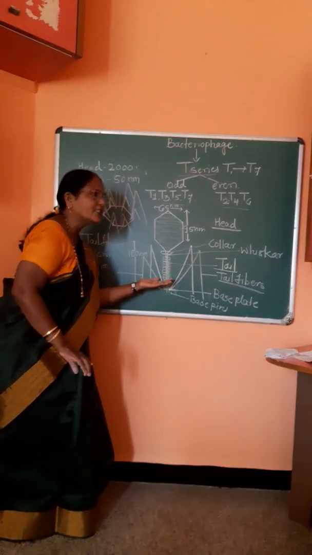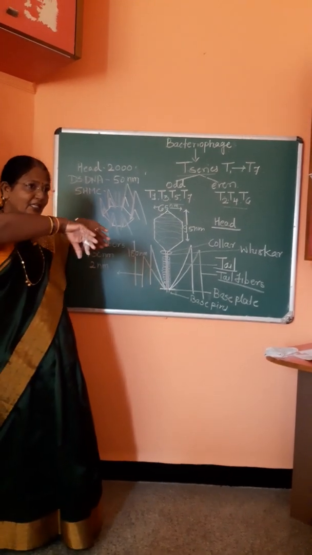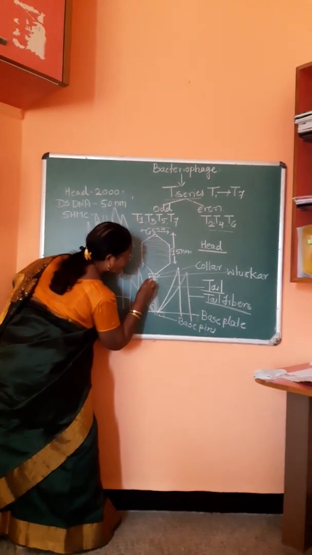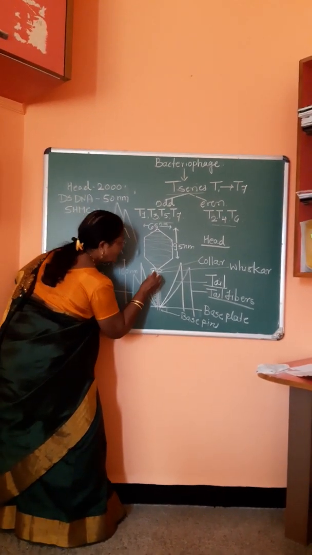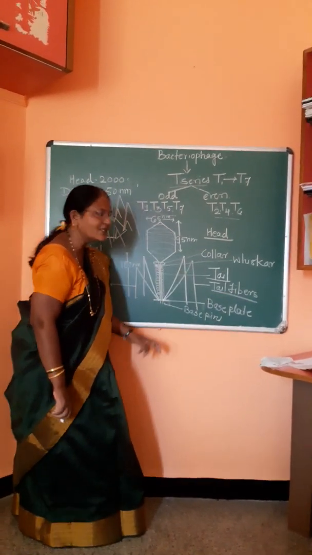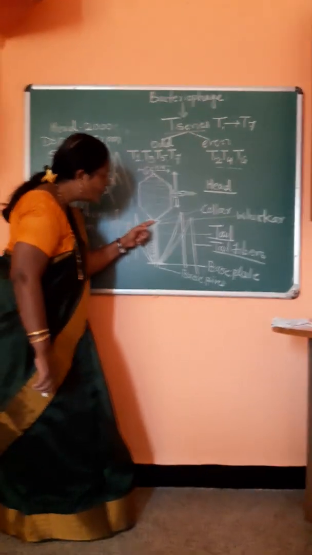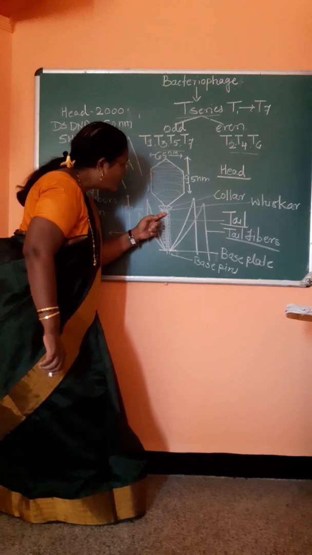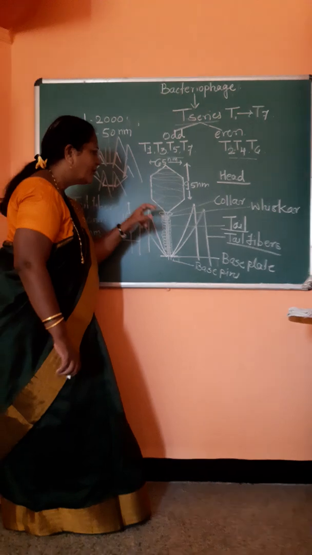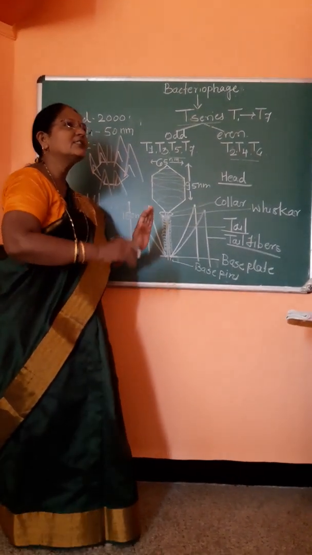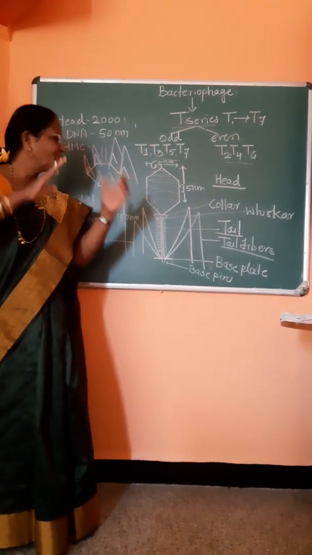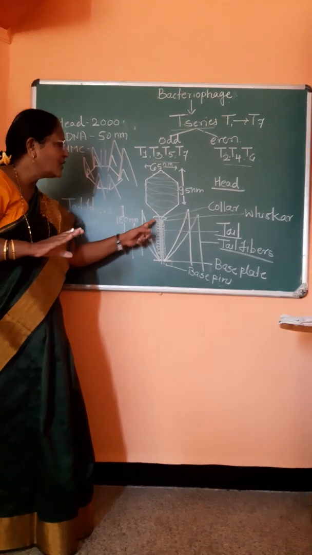When the virus is present in the resting form, all tail fibers go and attach to this midpoint. Okay, they go and attach to this midpoint. This is called a whisker. What is a whisker? The whisker is present just below the collar and just above the sheathed tail. So here one central midpoint is present. At this point, when the virus is in a resting form, all tail fibers go and attach to this midpoint. So this is called a whisker.